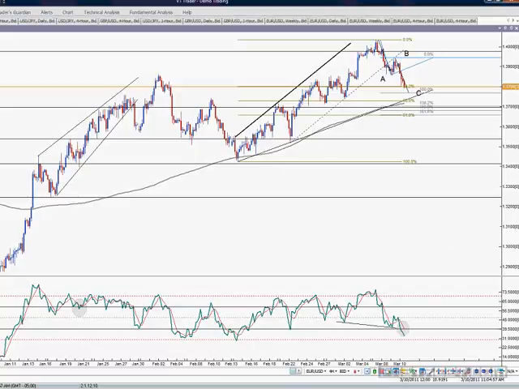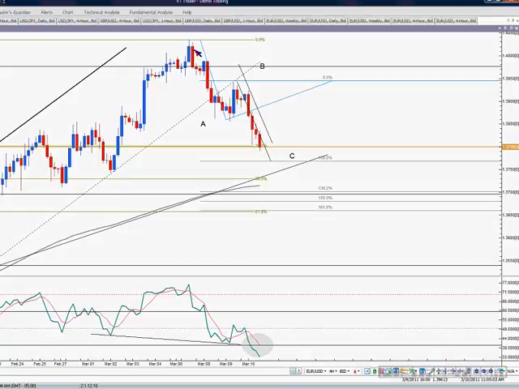Here we'll zoom in a little bit. We are almost going to complete an equality wave at 1.3770. That's called a Gartley pattern when you have this type of retrace, when you have this type of correction. Another term would be an AB equals CD correction. In the Elliott wave model, it would be called a zigzag. So there are different ways to call this. Basically, it's two swings, 3 waves down, and you are testing.